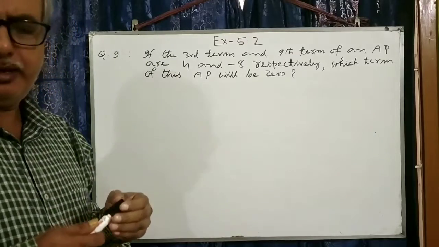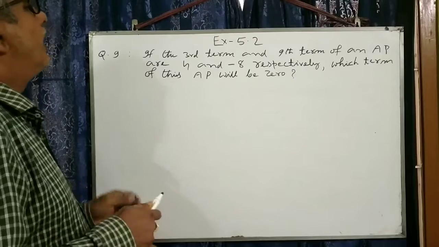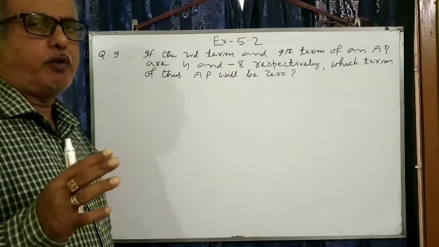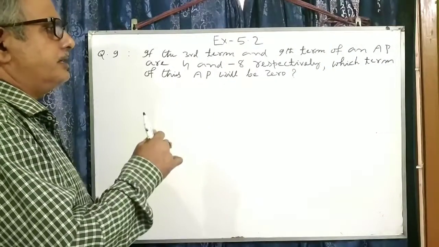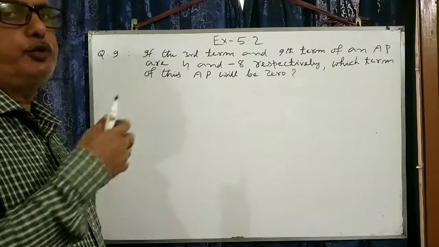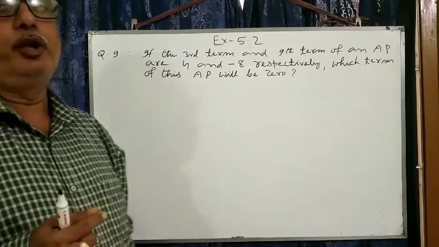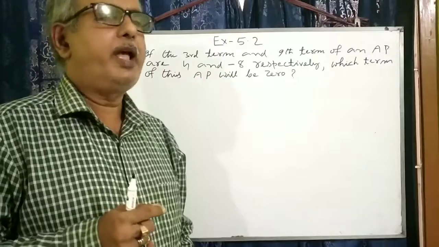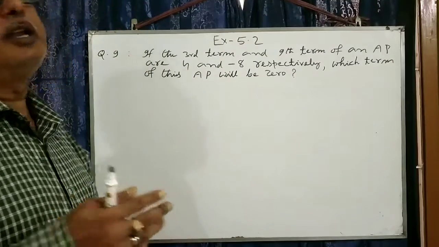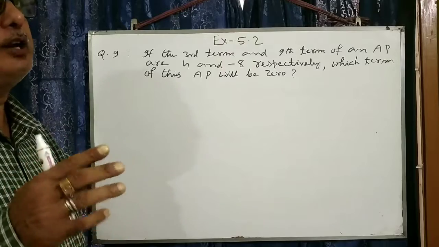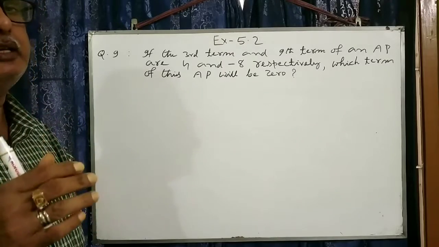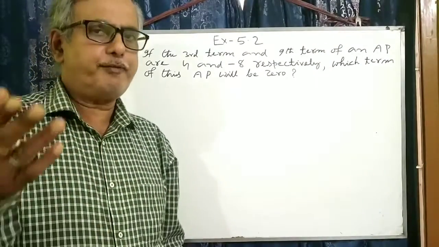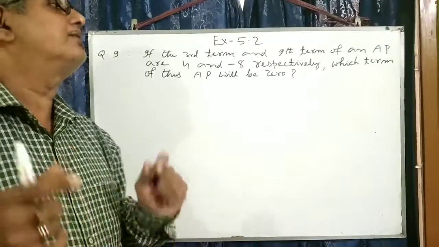From the given condition, you will get two equations. From the two equations, you will get the unknown quantities. And using those quantities, you use them in the third equation, and then you will get the number of terms. You have to find out first of all n. And when you are getting n, that means the nth term. Suppose you are getting n is equal to 5, that means fifth term. If you are getting n is equal to 6, then sixth term.